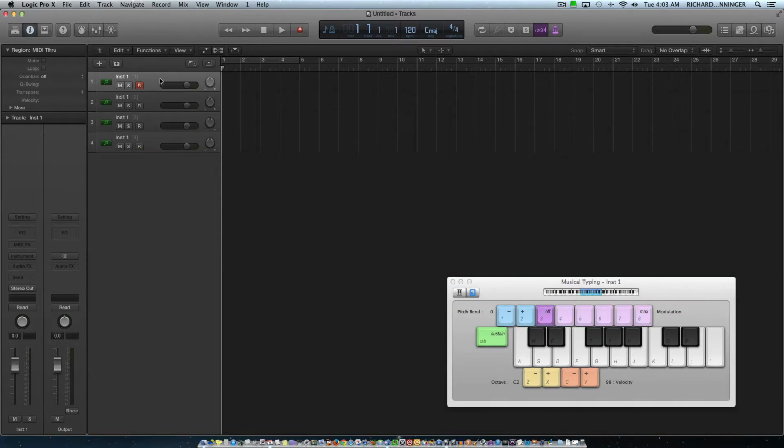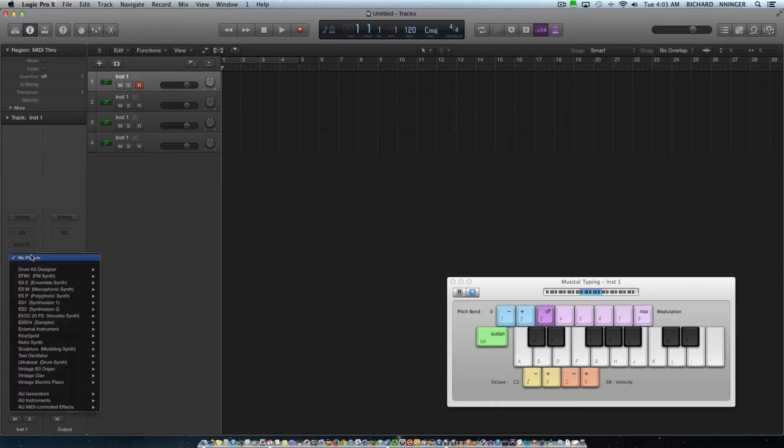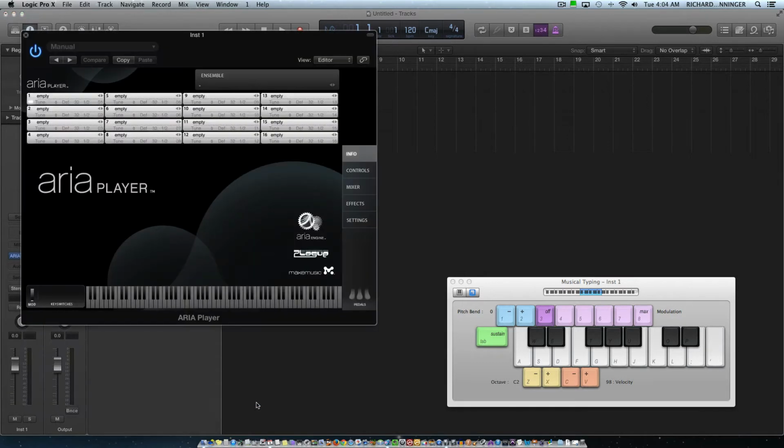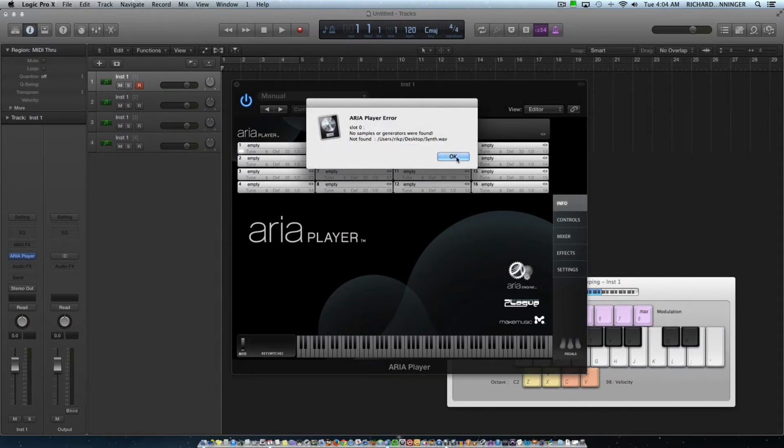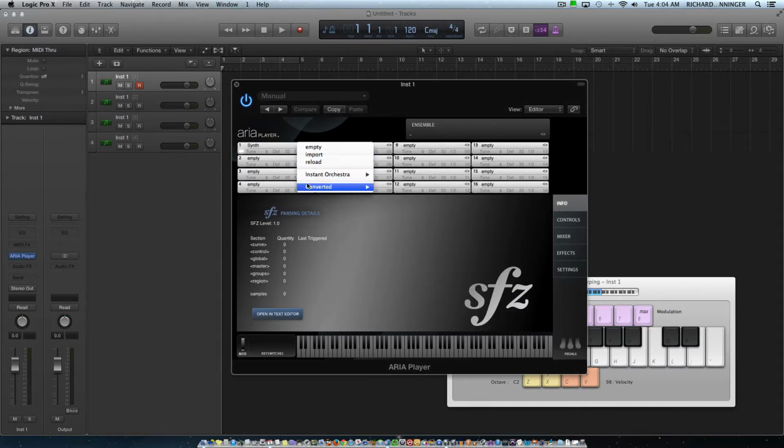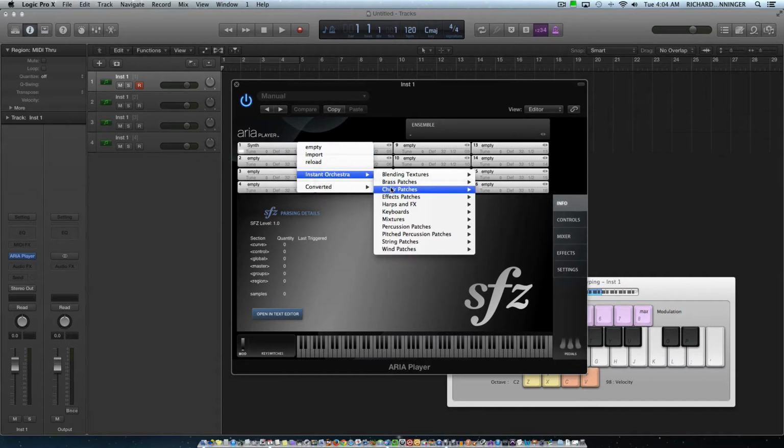In this case, I'm going to click on Instrument 1, and I'm going to go to my Instrument menu here. And I have Garritan loaded on this computer, so I'm going to go down to AU Instruments. In this case, Garritan, Aria Player, Stereo. And yours is going to differ depending on what you have loaded in here. The Aria thing will pop up, and so from here I'm going to select Instant Orchestra, and I'm just going